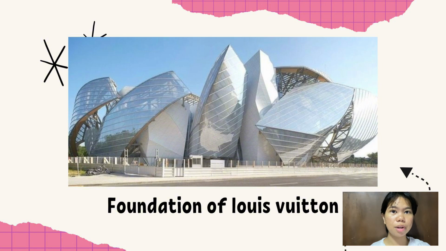As we can see in the image provided, we can see how the architect played with the artistic elements such as its form, its values, its color, the artistic elements and principles that are being presented in this specific